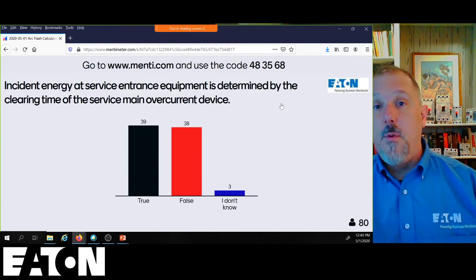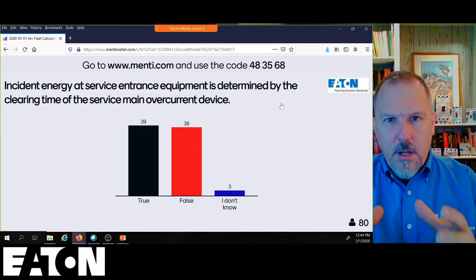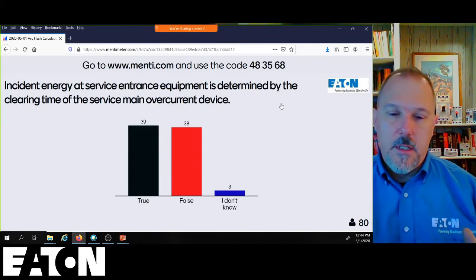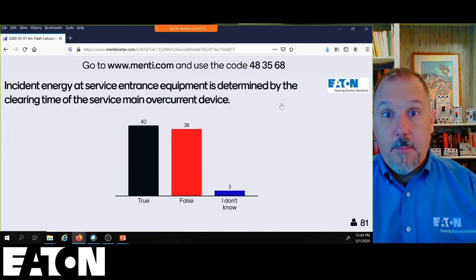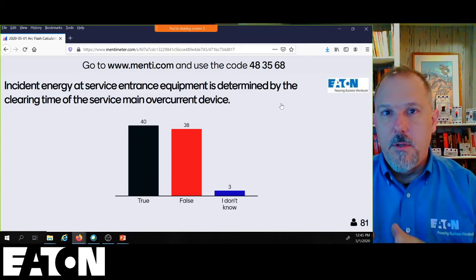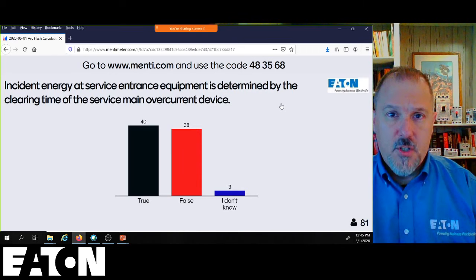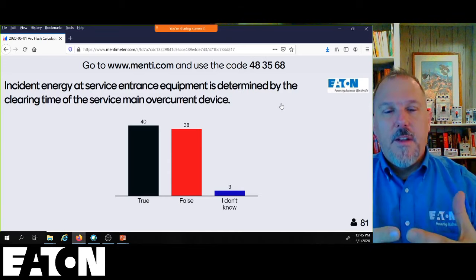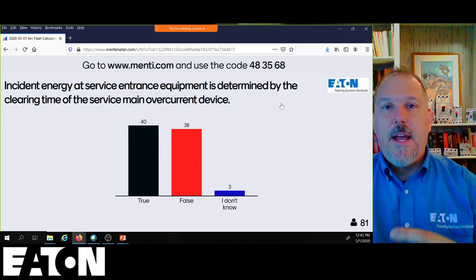IEEE 1584. These documents tell us that whenever we're looking at a piece of equipment, service entrance equipment, a panel board, a switchboard, I don't care what it is, we have to consider possibility of line side propagation. So the incident energy in any panel board, take a service entrance panel board with a main, if I have an arc flash event that's inside that panel board, I can't rely that I don't have